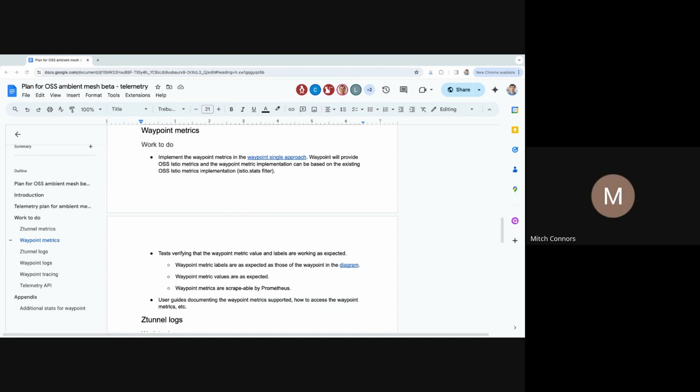So I think Kuat raised a great question in the GitHub issue. If we used the telemetry API to provide some cluster limitations on cardinality, would it be possible to drive down the cardinality to near the same level as single-sided telemetry, even though we're producing double-sided telemetry from the waypoint? In other words, can we make this user configurable so that they can control their own cardinality?